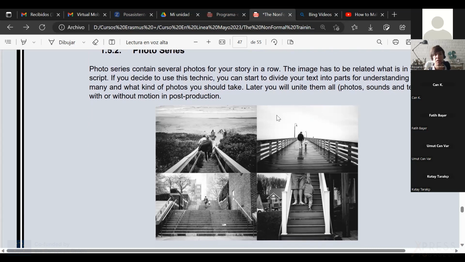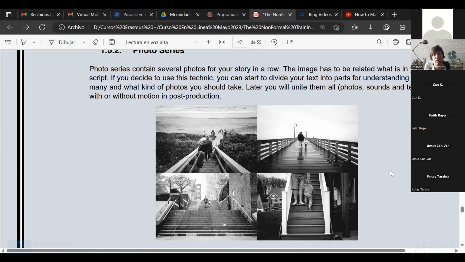Here you see that there's a series of stairs or steps, right? There are different steps here and here and here. They are different stairs, but they all probably tell a related story on that topic. It can also be different parts of the same place, and it can be different places as here, right?